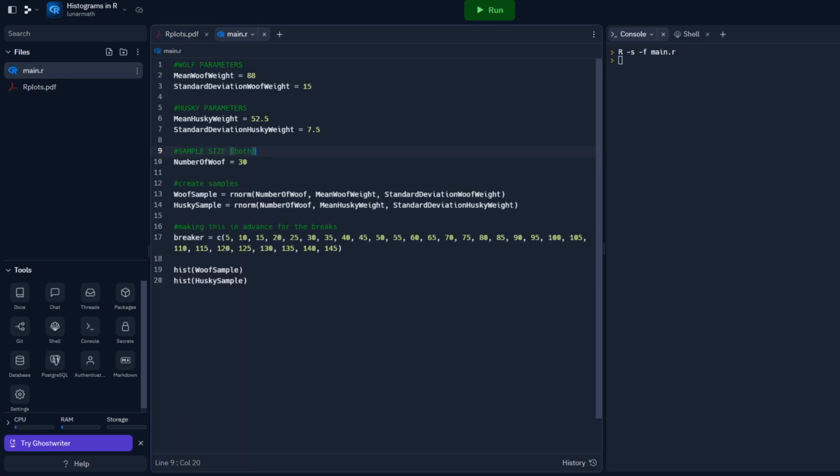So a couple things that you could do to fix this. First of all, we could use a parameter in this histogram function to set the same limits on x for both of these samples. So what I could do is say xlim is from 0 to 150 for both of them. And what this is going to do is say, hey, no matter what you get in the sample, I want you to show me a histogram that goes from 0 to 150. So if I run this again, and we are going to get slightly different values,